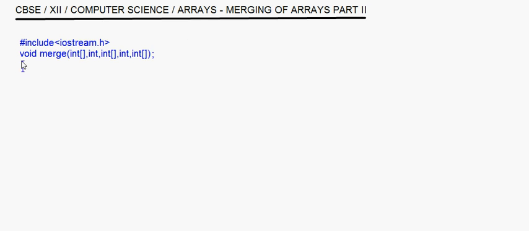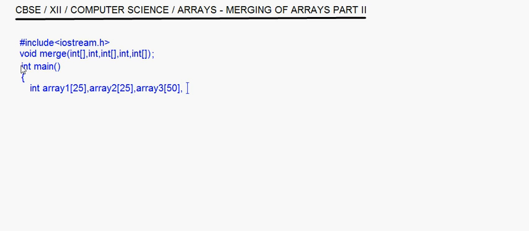Now we start with the main function, int main. Here I take the arrays first. Let's call it int array1. Give it a size, whatever size you want; this is the maximum size. Int array1, then array2, and array3. Here again, if you want, you can give a bigger size for this, or you can keep the same size. Let's put it as 50 here.